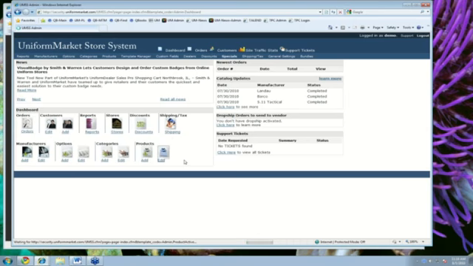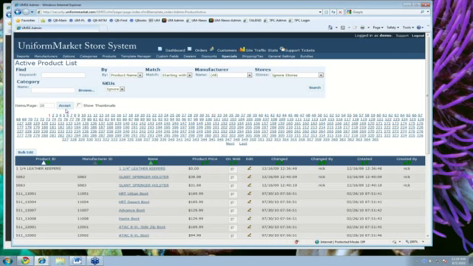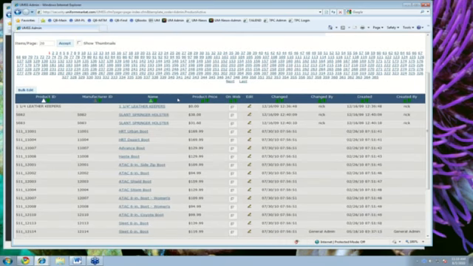If I click on Edit Products, you'll see that in this particular demo store, we have a lot of products. We have 365 pages worth of products showing 20 products per page. I could adjust this and show more or less per page. That's basically a choice as far as how fast you want your screens to refresh. Obviously, if I built a page with all the products on it, it would take a long time to load